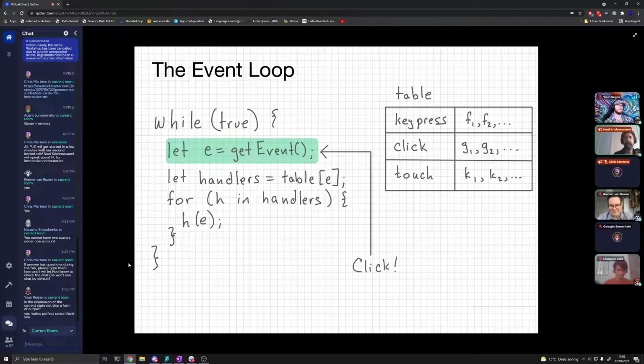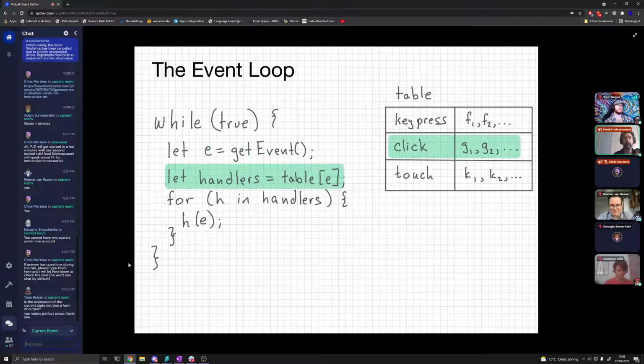Let's say the event that happens is a click event. Then you go look up some table which has all the possible events and all the possible handlers that need to be invoked when that event happens. Because we were clicked, we look up in this big table which event handlers to run when a click event happens, and we get this list, G1, G2, whatever.